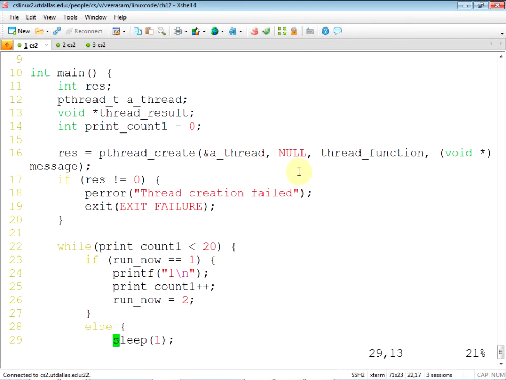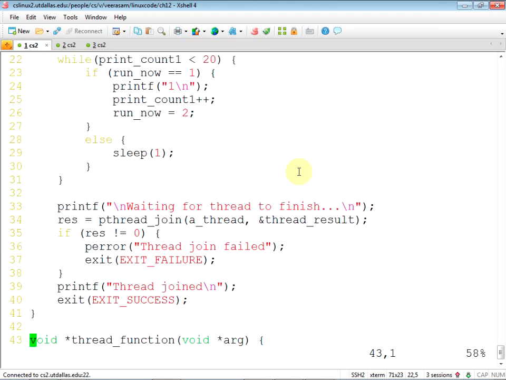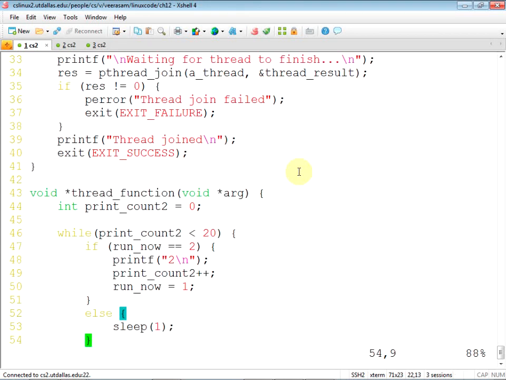They are creating a new thread, and these two threads are going to take turns. After running, each will tell the other one to run. So anytime the run_now variable is 2, this thread is going to print 2, and then give control back to the other thread.